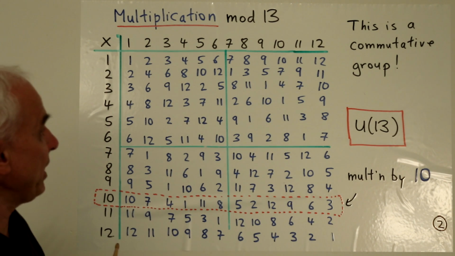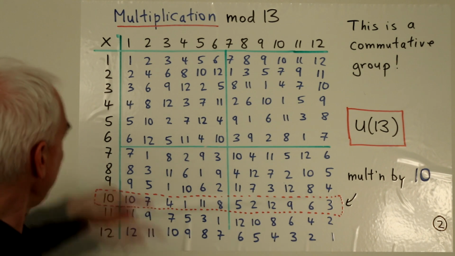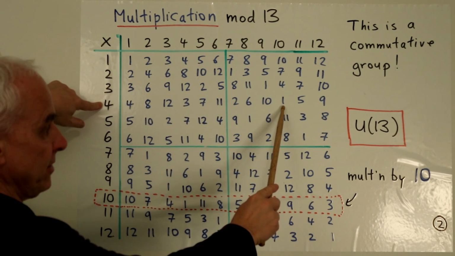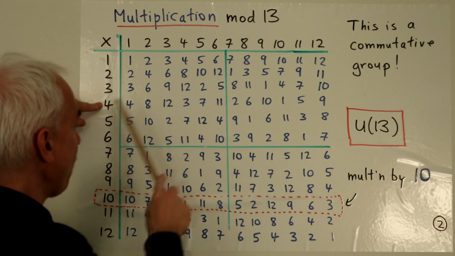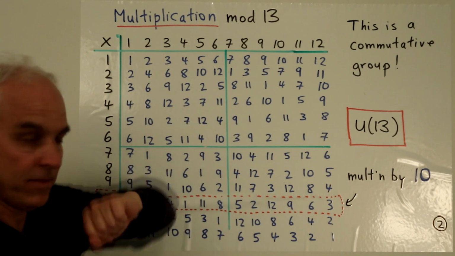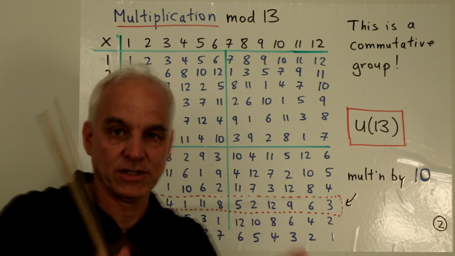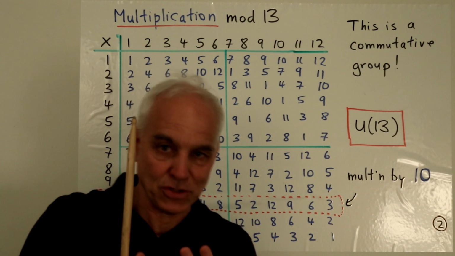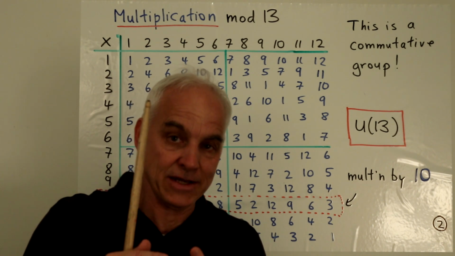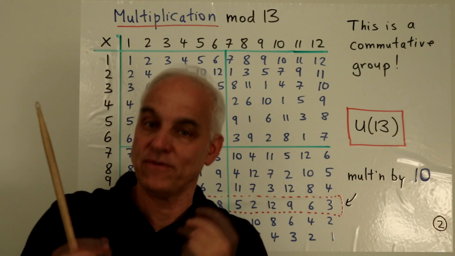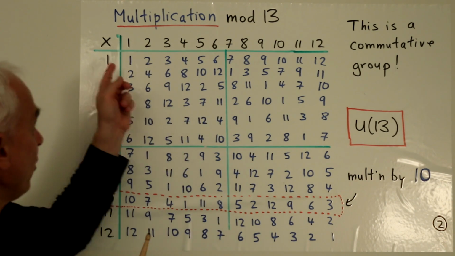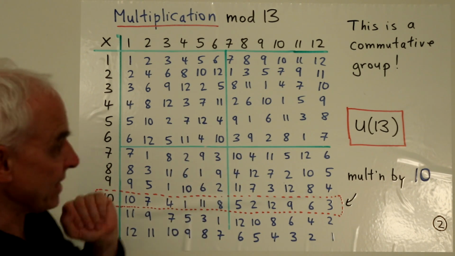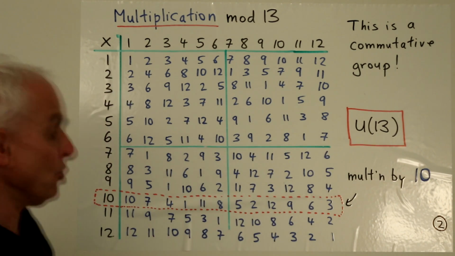And finally, there should be an inverse to every element. If you look at any row, say this row here, there should be the number 1 somewhere in it, in exactly one place. That means 4 times 10 is equal to 1, and we say that 4 and 10 are inverse elements in this group. That's basically what you require for a group: you need associativity, you need an identity, and once you have an identity, you need inverses for all the elements. The inverse of the identity is just itself. So this is a group, and it has a name, U13, the unit group of 13.